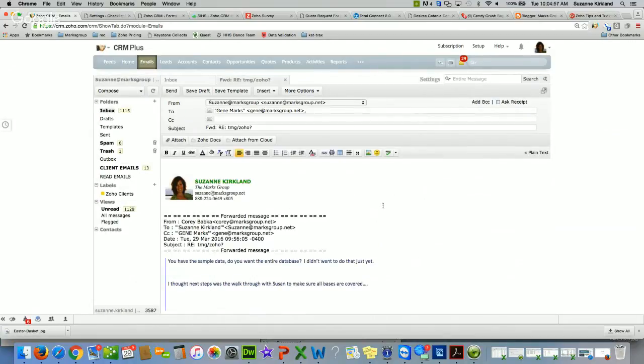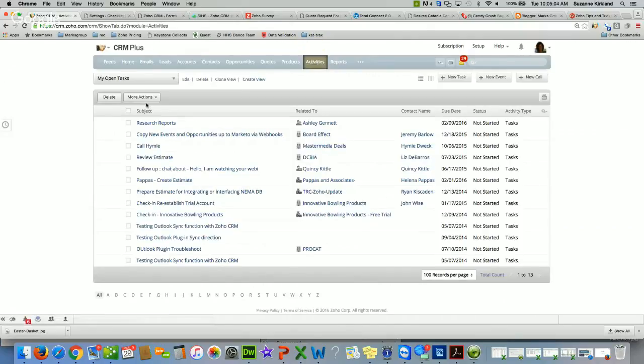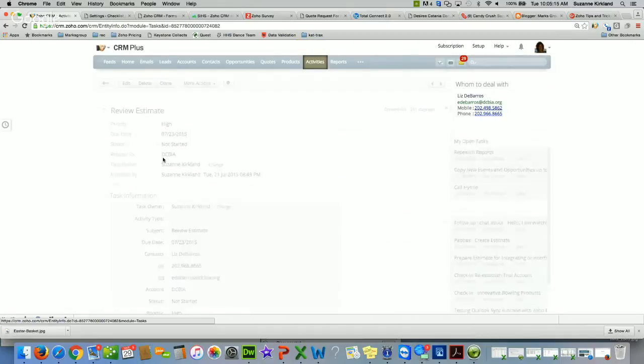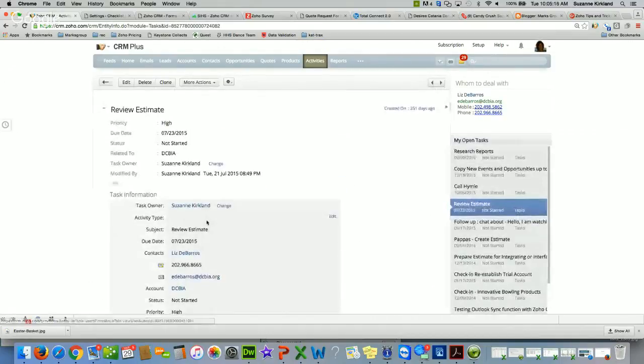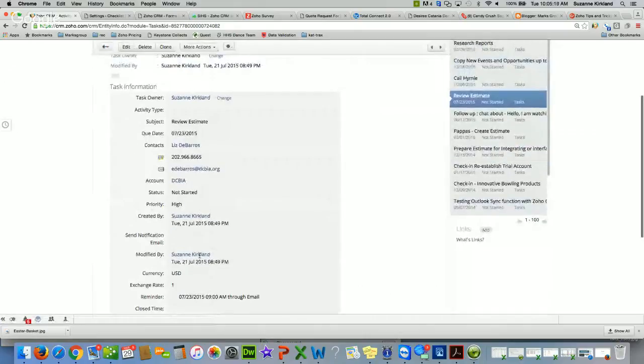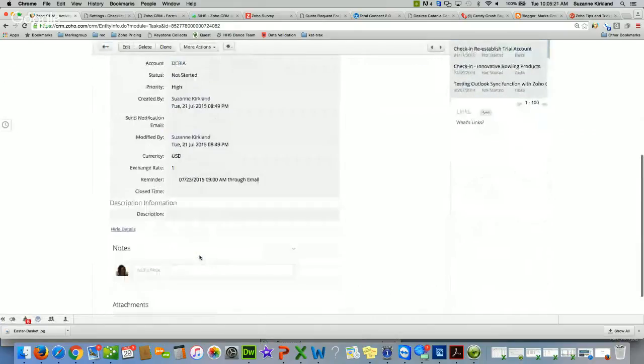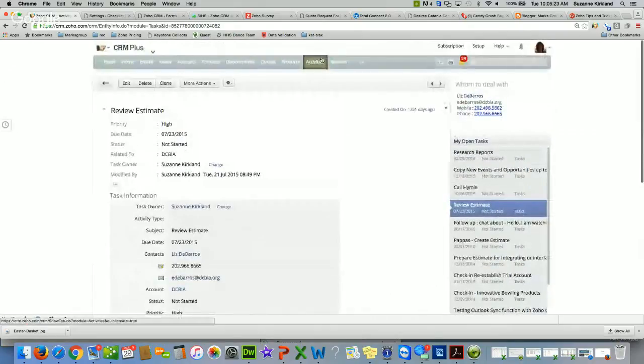Tip number 2 has to do with activities. So from here, I'm going to click on my Activities tab. And what I have showing right now is a list of my open tasks. And you'll notice that I can click into a task, and I can change the status. I can close the task from here. But an easier way of doing that